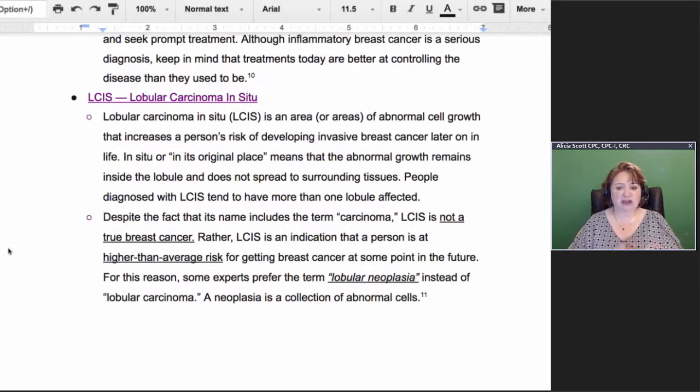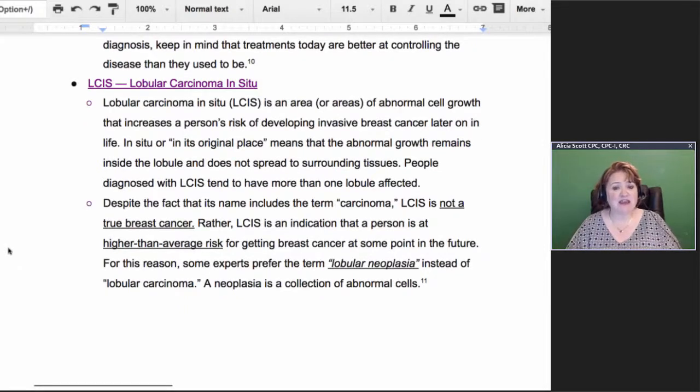Lobular carcinoma in situ. Now, the thing about cancers in situ, or CIS, is that they're encapsulated. One person had described cancers that were in situ like being in a little jelly bean, a little hard shell that it doesn't go out of, and all the bad stuff's in the middle. So this would be lobular, it would be in the lobular part of the breast, cancer in situ, CIS, and it is, again,